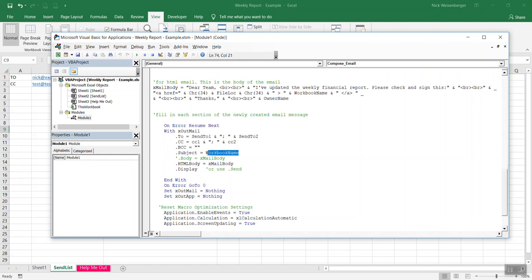Subject is, again, the workbook name, weekly report - example. And here, if you have a non-HTML email, it would be .Body, and then you put your message here. I'm using HTML, so I do .HTMLBody, and then the body of the email will be this variable, which I have defined here. First I have dear team, and then since this is HTML, this is the HTML code to do line breaks. So two line breaks. I've updated the weekly financial report, so it's just text in here, more line breaks,